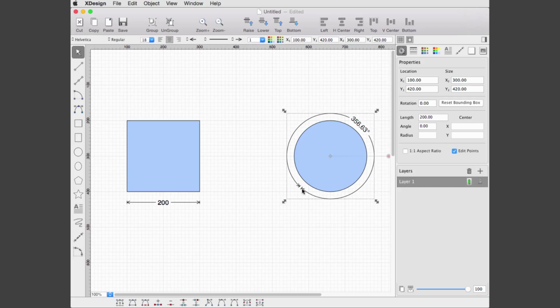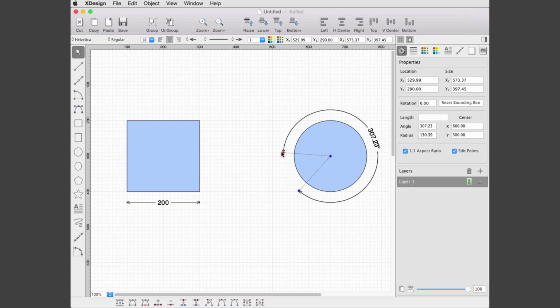To edit the dimension points, double-click on the object, which will change it to edit mode, and then move the endpoints. This will update the dimension value automatically. You can also give a custom constant value if needed.